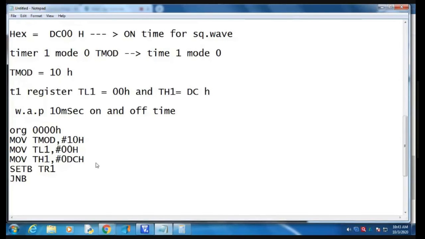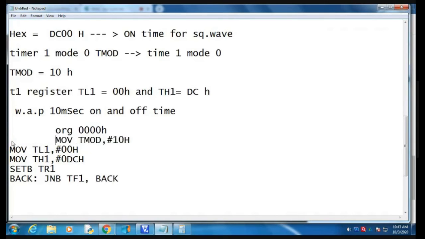Which bit is defined? That is timer flag 1, TF1. Here is the label back, which comes to here. Okay. Are you able to understand this part? Yes, sir. Very good.